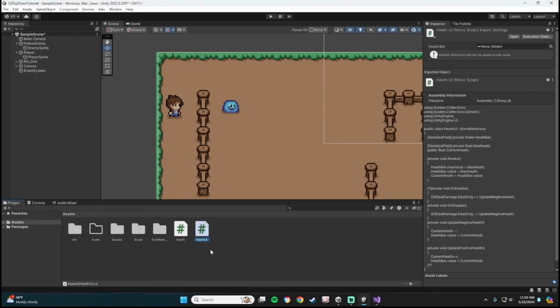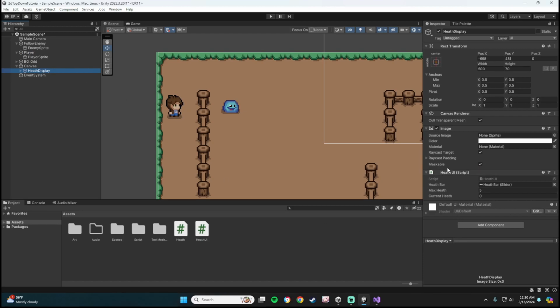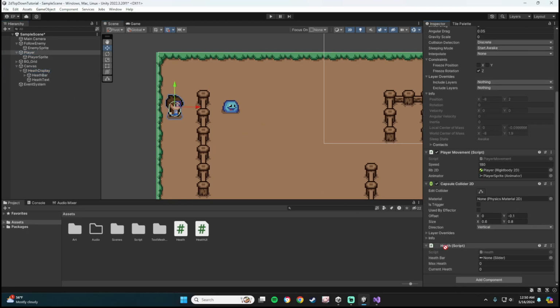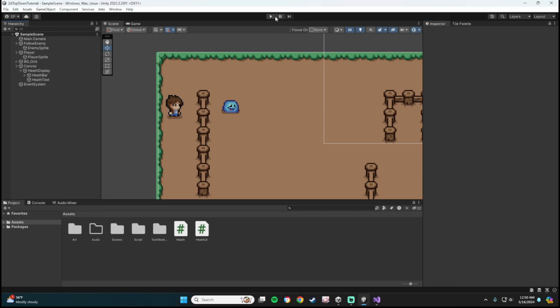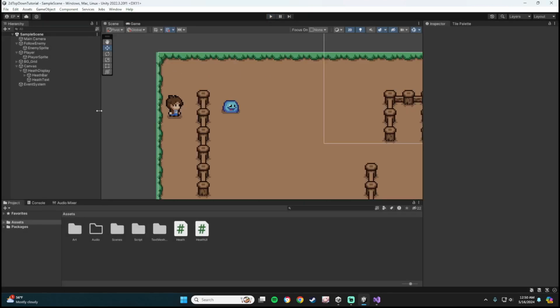So from there, with our player now having a health script, we can go to our health display, and we're going to remove health UI. And I'm going to make sure to grab our player's health script, and I'm now going to change this to here and this to here. And you'll see that we basically have the same thing as before, except we don't have our slime damaging yet. And to do that,